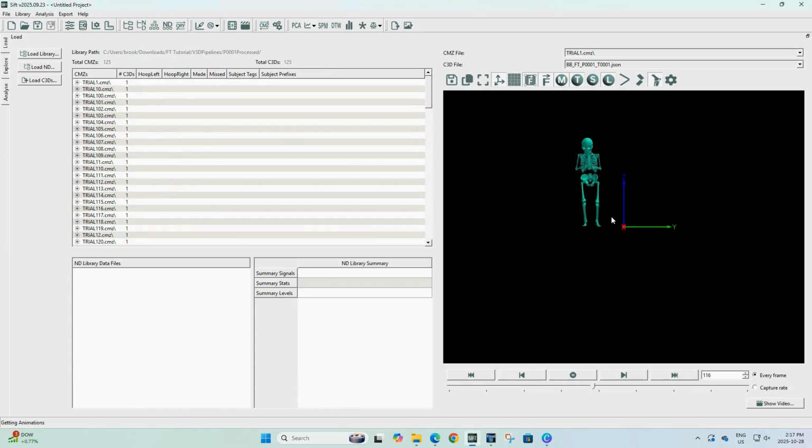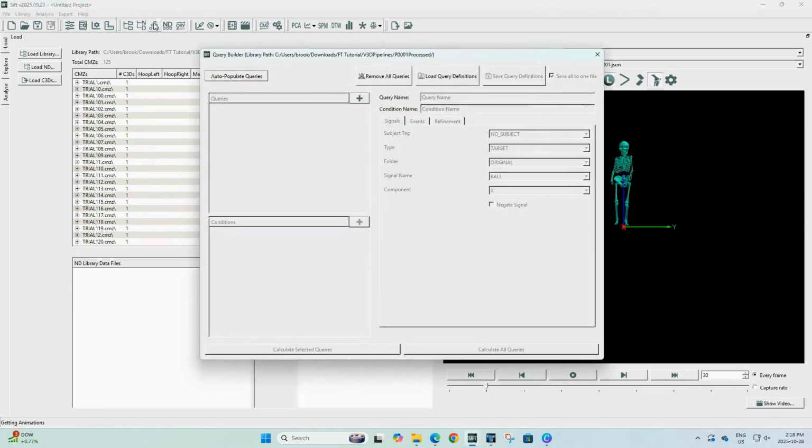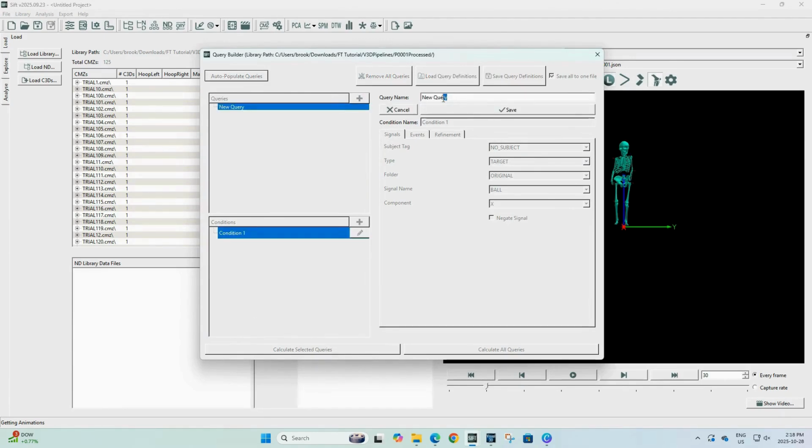Now we'll move on to building the necessary queries to sort this data into appropriate groups according to joint angles and shot results. This can be done step-by-step manually, or the completed query file with all 27 queries can be downloaded from the wiki tutorial page. We will create 3 queries for makes, left misses, and right misses for each of the 3 directions for all 3 shooting arm joints, the wrist, elbow, and shoulder.